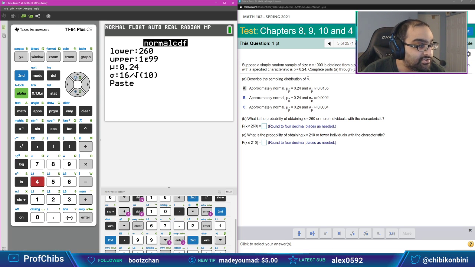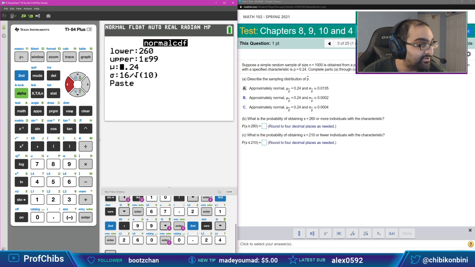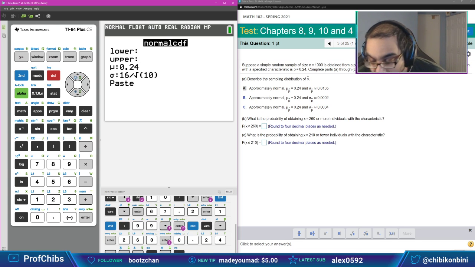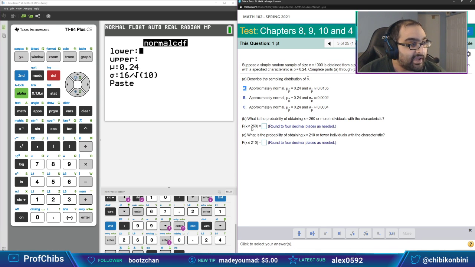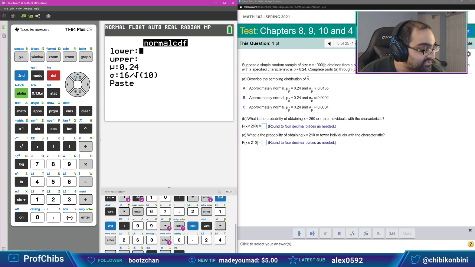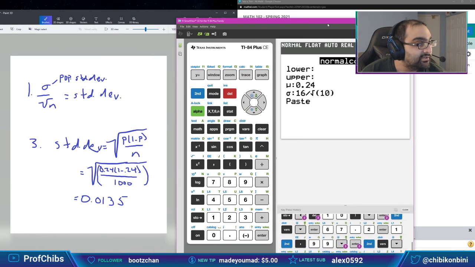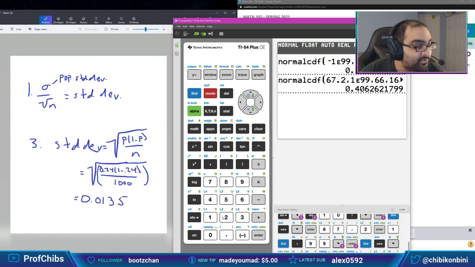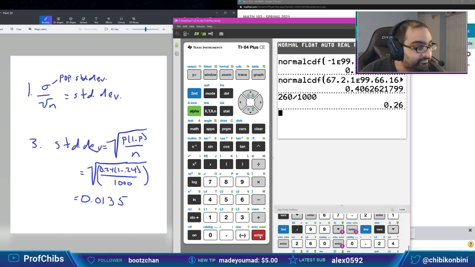Actually, I should say here, x is 260. Let me see. Oh, actually, I forgot. That's fairly important here. We're talking proportions here. There is a significant difference. Let me go back for just a second. Stop the presses. Because it says x is bigger than or equal to 260, it does imply one thing. We did a sample size of 1,000. Because I'm going too fast, technically what they want you to do is first figure out what 260 divided by 1,000 is. If you do that, that's going to be 0.26.